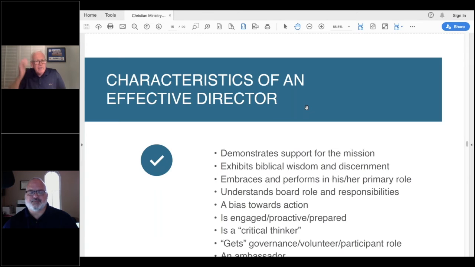They need to embrace and perform in their primary role. This is where they're recruited for a specific reason. They need to agree, yes, I'm happy to be on your board. I will be one of the financial people on your board, look at your finances, your results, or I will overview the marketing that you're doing. Or I am familiar with your cause and I will help monitor your programs or make suggestions on your programs, whatever it might be. And they need to be okay with this.